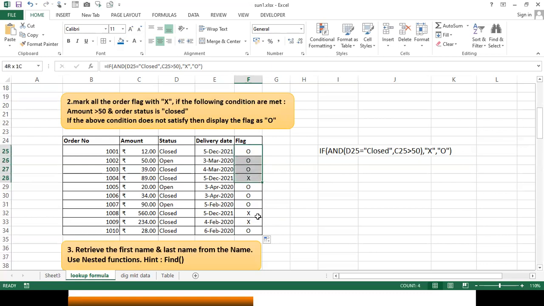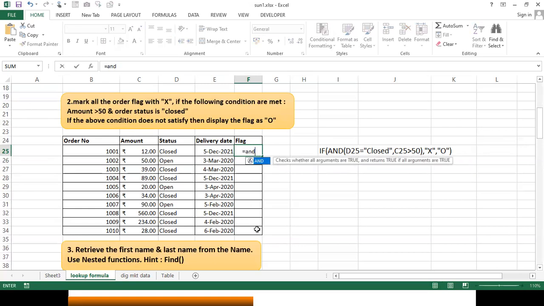I'll do that. Okay, so it is equals to, I'll check. I'll do that by cutting it into two parts. I'll do it with only AND first. It is going to be more clear for you people. I'll check if this amount is greater than 50.